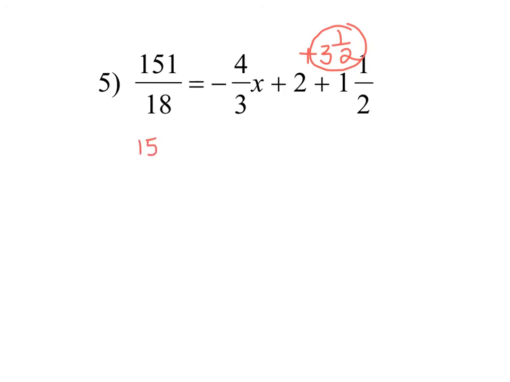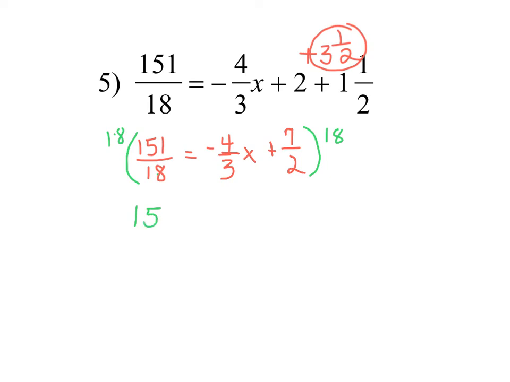So I'm going to rewrite this as 151 over 18 equals negative 4/3 x, plus, and 3.5 would be 7 over 2. All right. Now I can scan through here, and the least common denominator of all those denominators would be the number 18, which happens to be our first denominator. That's okay. Multiplying on both sides. And now I can start this division process. 18 goes into 18 once. 1 times 151 is 151 equals,